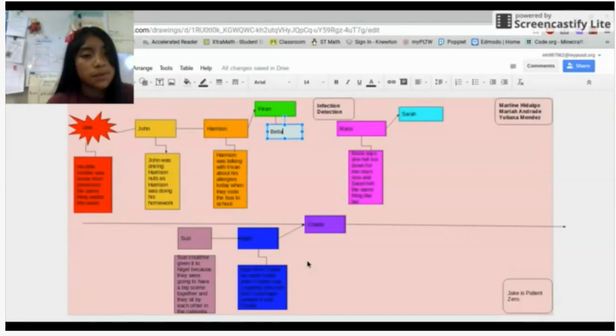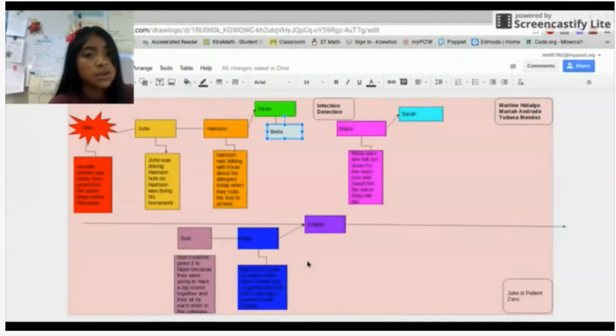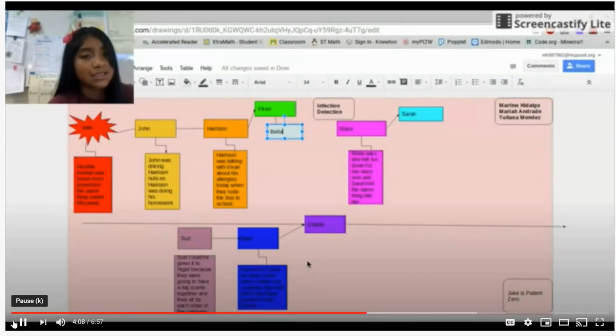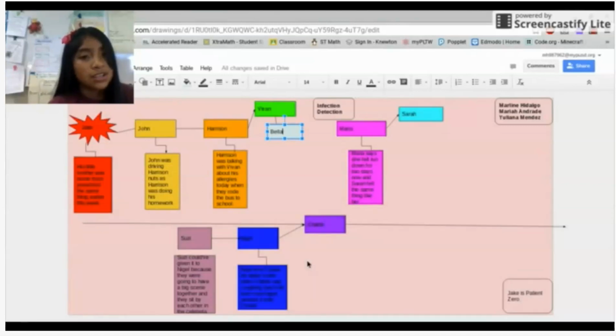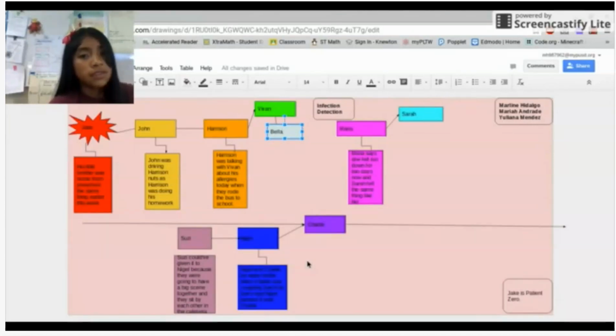Jake is John's little brother. John's little brother was home from preschool with the same thing earlier this week. Jake passed it on to John, and John was riding with Harrison. Harrison was doing his homework on the bus, and that's how John passed it on to Harrison. Harrison passed it on to Vivian, because Harrison was talking with Vivian about his allergies